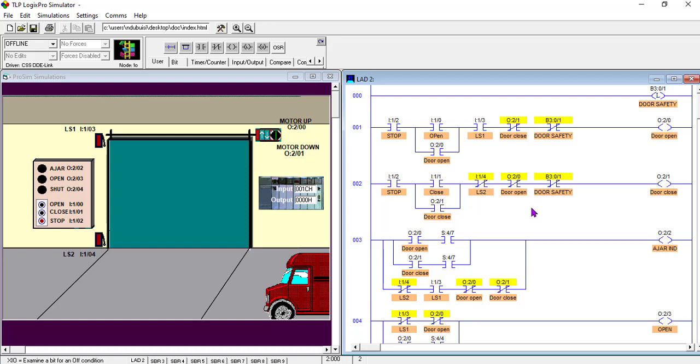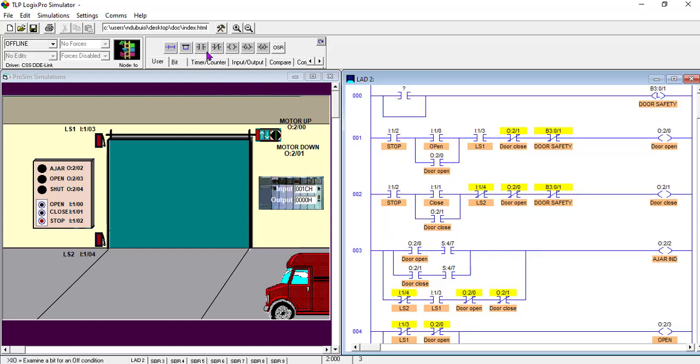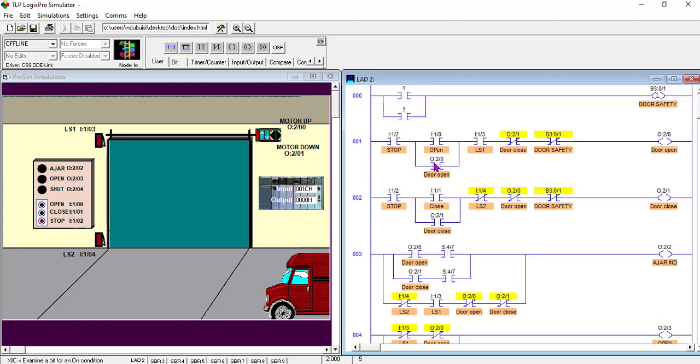Okay, this is done. Now, what are the conditions that will help us in activating this output latch? There will be 2 conditions, opening and closing. Okay, so what I will do now is introduce the opening and the closing. I'll do open and close. I will introduce them. So this is open,